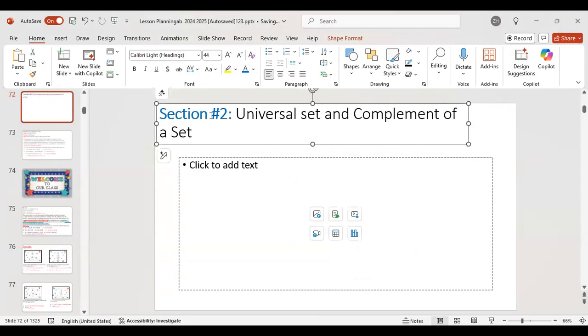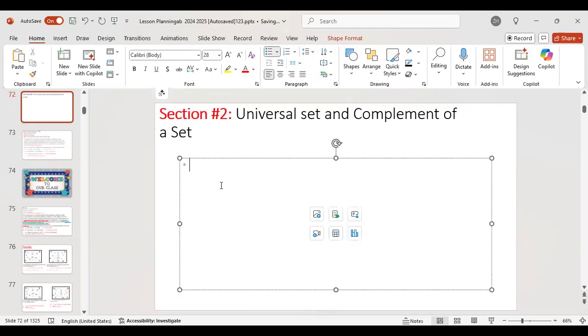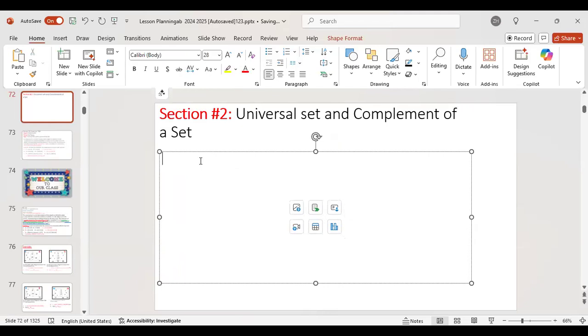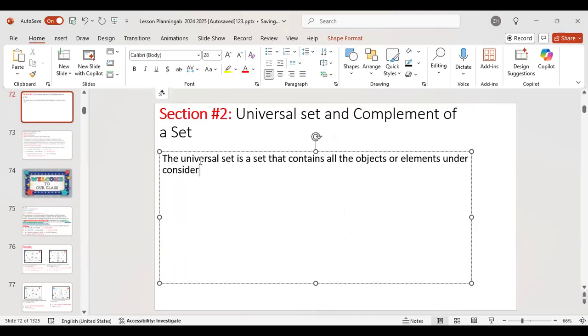All right, are y'all writing what I have on the screen? Let me know, please, because we have to move on to section 2. All right. So let's start off with the universal set. We might only be able to get that, but that's fine. Let's see how far we get with that. So the universal set is a set that contains, write this down, please, all the objects or elements under consideration for a particular problem